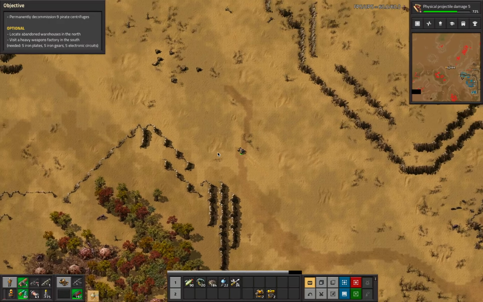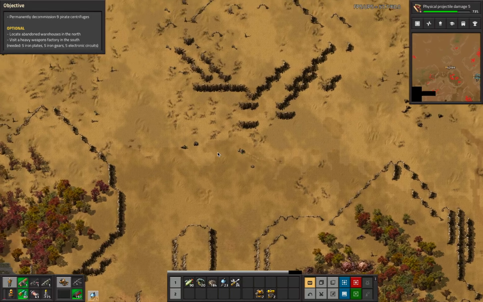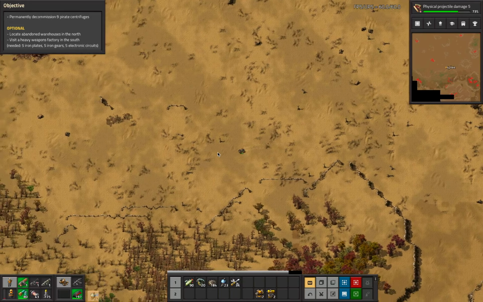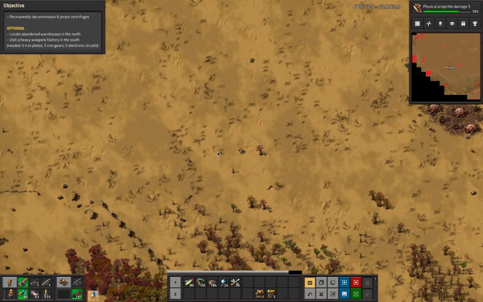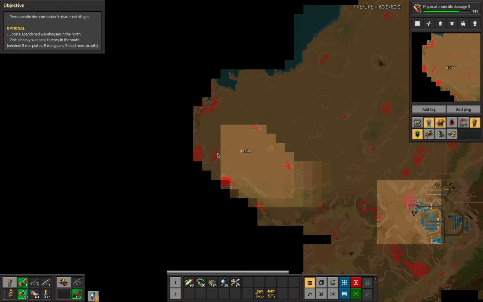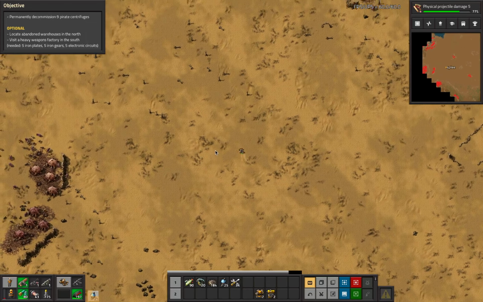There might be some warehouses somewhere where I could have found personal energy shields, but most of all, I don't care. I've just got a little bit of extra laser damage walking around now, so that's fine. I wanted to go to the north again to see if there were other warehouses. So we'll swing over in generally this direction. Oh wait, I'm heading directly towards... Is that the...